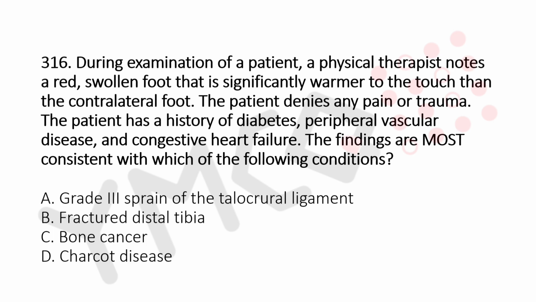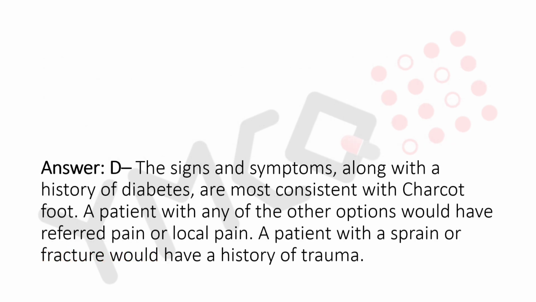Option A, grade 3 sprain of the talocrural ligament. Option B, fractured distal tibia. Option C, bone cancer. Option D, Charcot disease. And the answer is Option D, Charcot disease. Explanation for this question is: the signs and symptoms, along with a history of diabetes, are